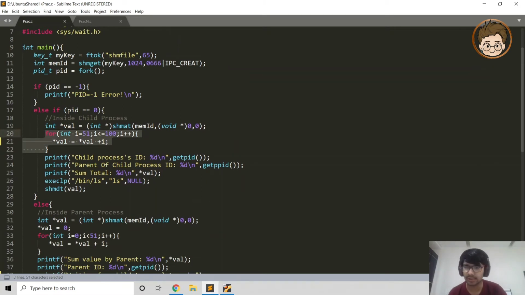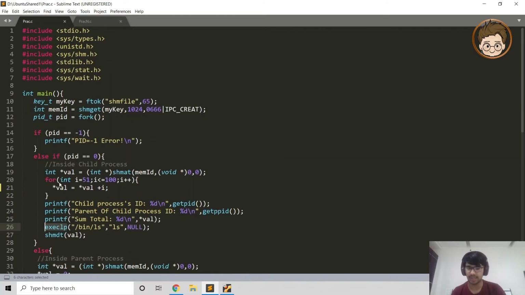And after that, this was a CPU bound process. Now in order to create an IO bound process, we will be taking help of the exec command. Now what the exec command does is, the exec family of functions replaces the current running process with a new process. It can be used to run a C program by using another C program.